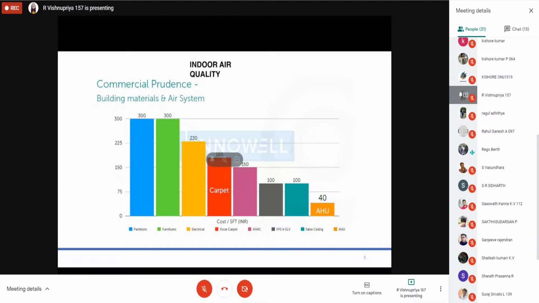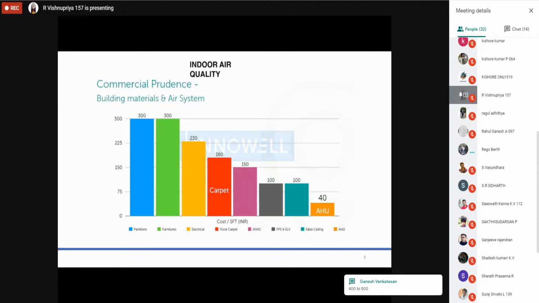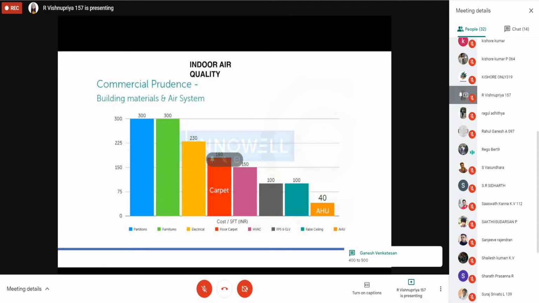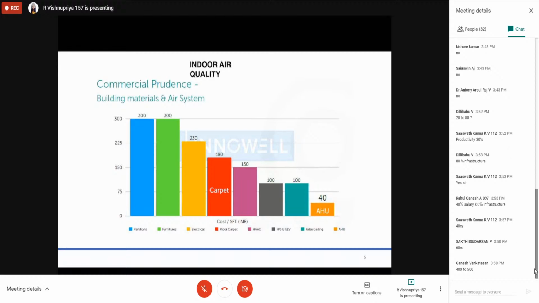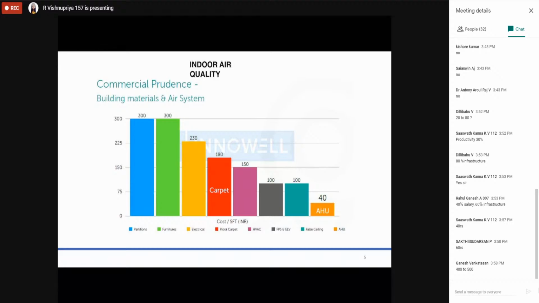Linear fittings means a regular light. 60 rupees? Ganesh, yes, it is 400 rupees. The cost comes around 350 to 400. Again, it depends on the brand. Okay, you should be aware of these costs, guys. In those days, people used to go to get the electrical parts, even Anthony Sir. In olden days, the father would give an instruction and he would go and get it. Nowadays, everything is done by our parents. But you have to be aware of these costs.